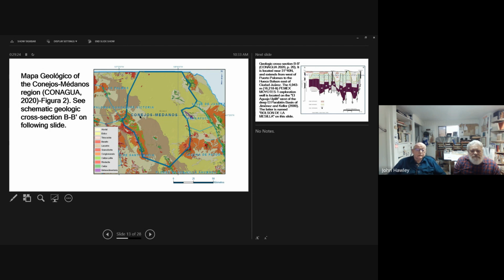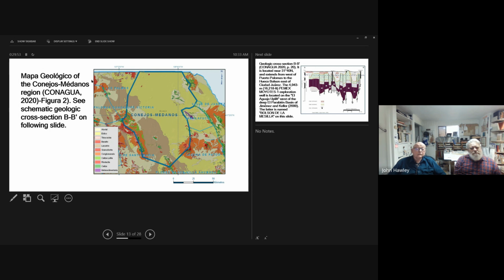The name Conejos, or the jackrabbit, comes from a railroad siding on the western Chihuahua Pacifico branch from Juarez to Los Mochis, and Medanos comes from a large sand dune field here that we'll talk about in a minute.